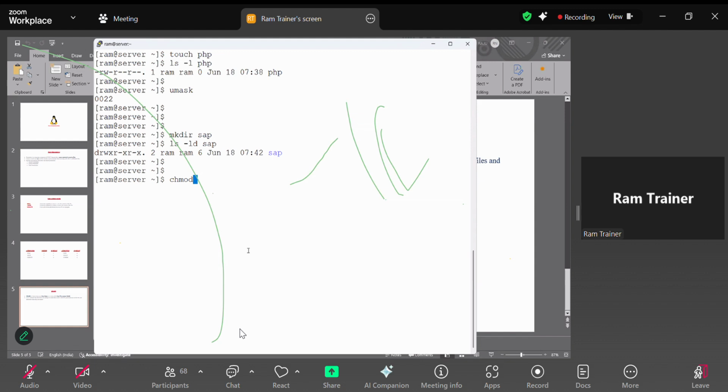We can use the chmod command. By default, every file has default permissions, which are generated by the umask value at the time of creation. But what is the use of chmod? It is used to change existing file or directory permissions. That's why in interviews, people ask about umask and chmod. These two are very repeated interview questions in real time.